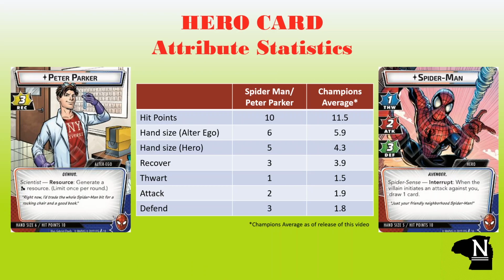Our friendly neighborhood Spider-Man comes in with 10 hit points, a little bit below average. He has good hands though, with a 6 and 5 hand size on the alter ego and hero sides respectively. Recover of 3 is a little bit below average, but let's be honest, it should be tough to get a hit on this spider. On the hero side, we see thwart of 1, attack of 2, and a defense of